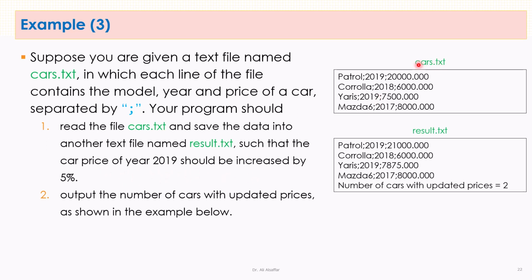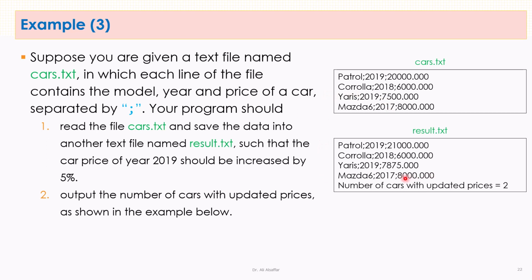So by looking at the sample data, the first car is of year 2019 and its price is 20,000. So when we save it into the output file, then we need to increase its price by 5%, and notice that its price has increased by 5% and becomes 21,000. Also notice that the third car is of year 2019 and its price is 7,500. Therefore, when we save it into the output file, we need to increase this price by 5% and the price